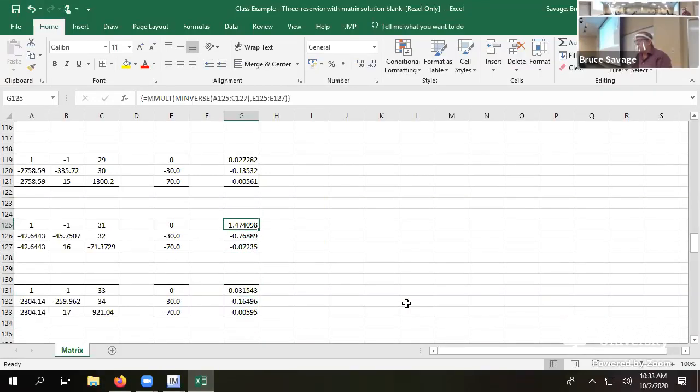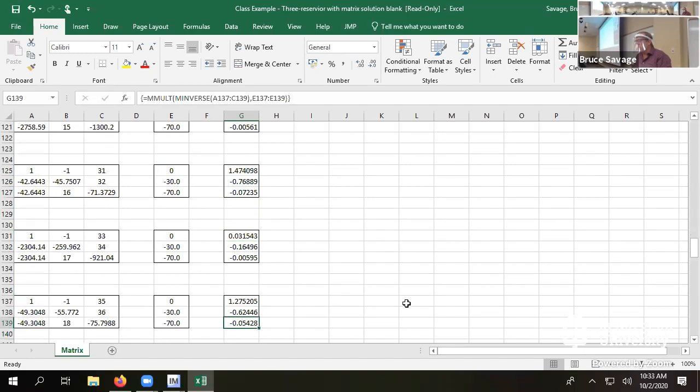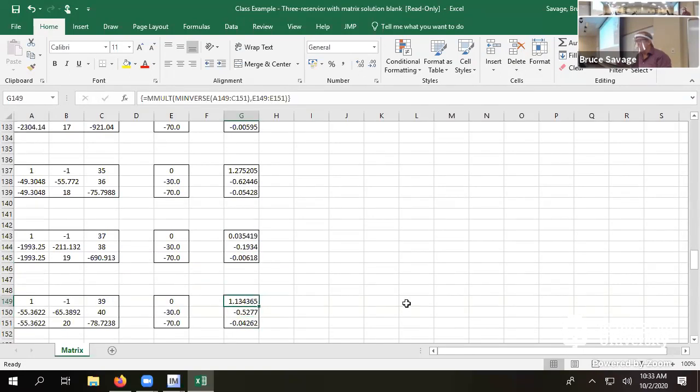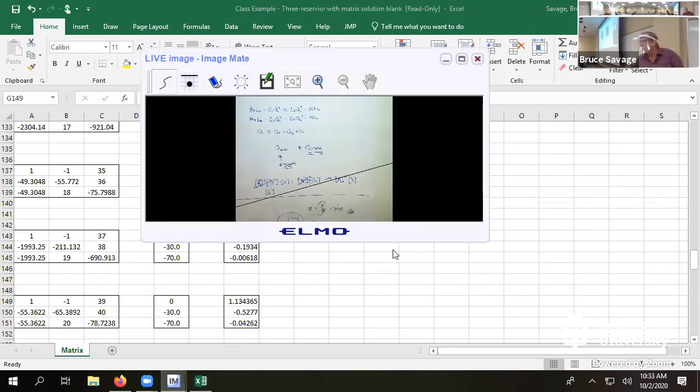So 1.5 essentially for Q1, and then we go to 0.03, and then 1.3, and then 0.03, so we're kind of bouncing around between these two values, 1.13. And they say, what's going on here? Well, without getting too much into the mechanics of numerics,